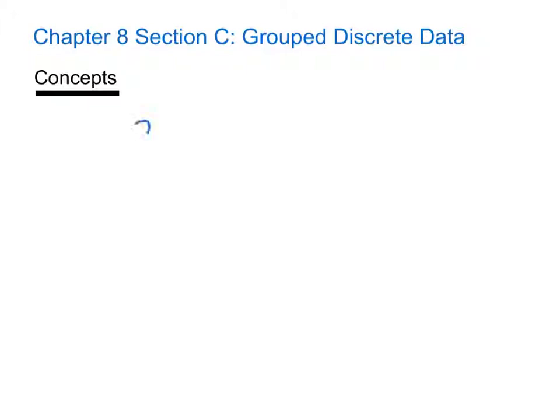Now those methods were useful when the data set contained only several numerical values. For instance, if I asked every student in the class how many children there were in their household, we might only come up with several possible answers. And if that were the case, we could use the methods that we learned in the last video. Sometimes, however,